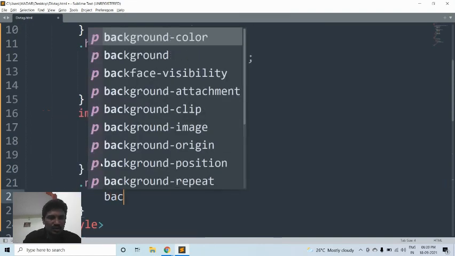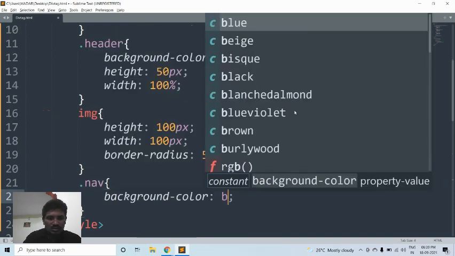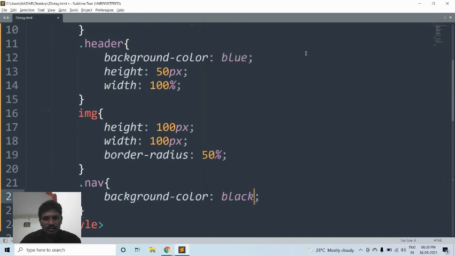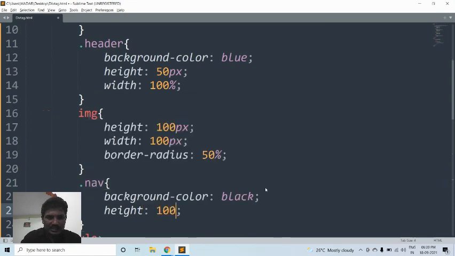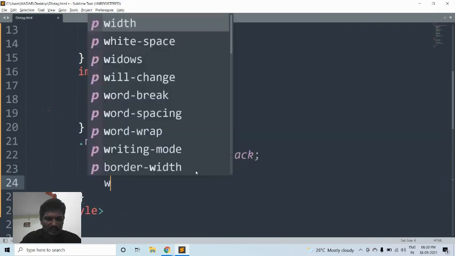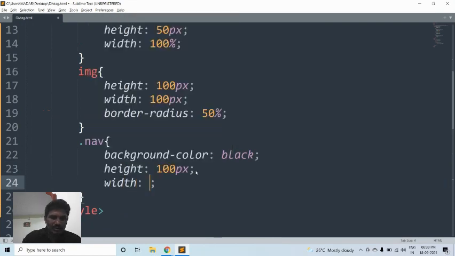Then background color should be black. Then height should be 100 pixel. Then what is the width? Width should be 100 percentage.